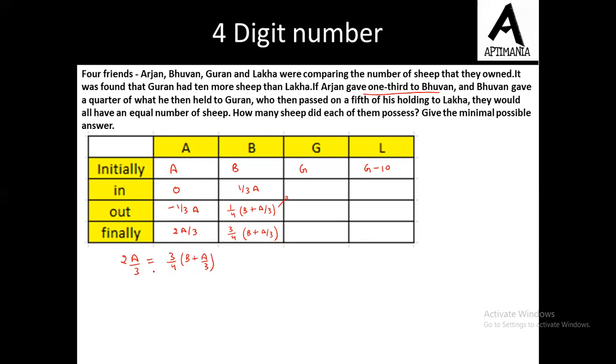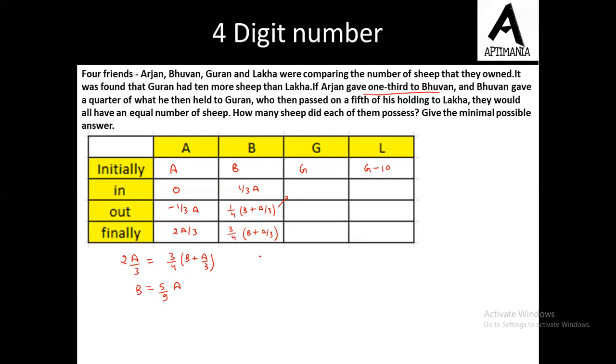On solving this equation further, we'll get B as 5 by 9 times of A. I'm not showing the solving part because that is quite easy, so I'm just skipping that. So B will be 5 by 9 of A. Now since we have got the value of B, simply substitute the value of B over here as well.